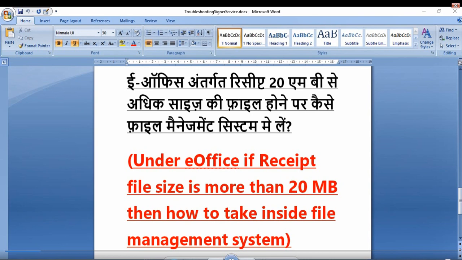Now the second scenario is, assume that in our office one receipt came today, some dak came, I mean. I took it into our eOffice file management system using browse and diarize. Then after 2 days or 10 days or 1 month or 4 months or 6 months or 1 year, at any point of time one new receipt comes to our office which is related to the same subject or file, then how will I keep this new receipt into the old file, right?